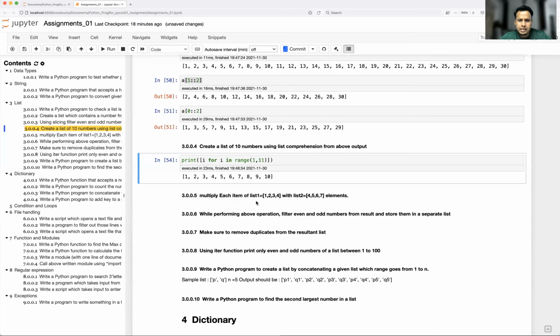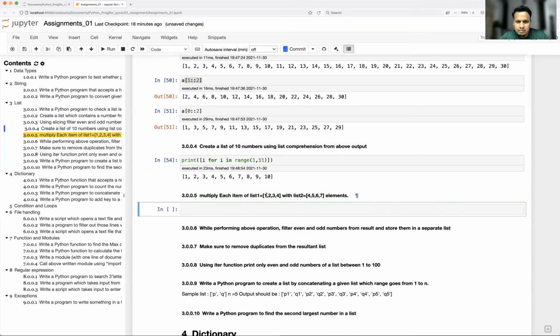Now multiply each item of list 1, 2, 3, 4, 5, 6, 7 elements. Every element should get multiplied by each element, or it could be 1 to 1 also. I'll multiply the first number with each element, the second number with each element, so I can use two for loops.